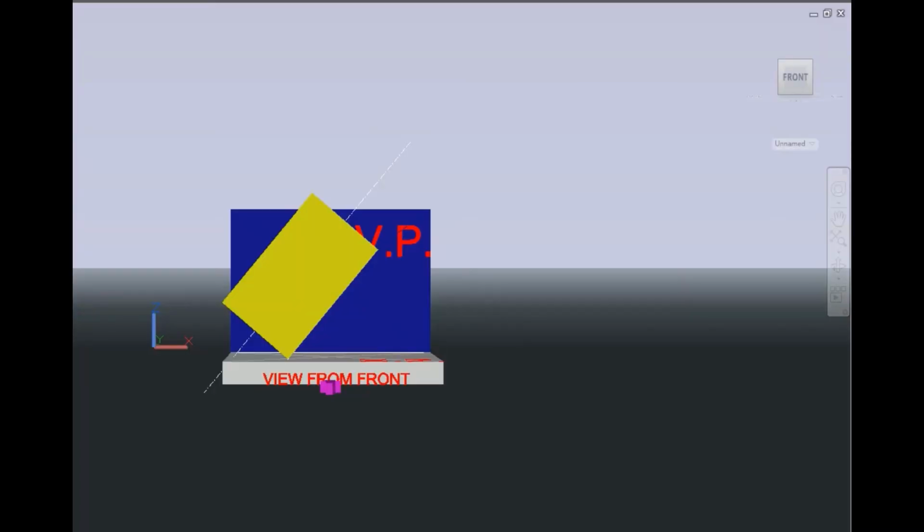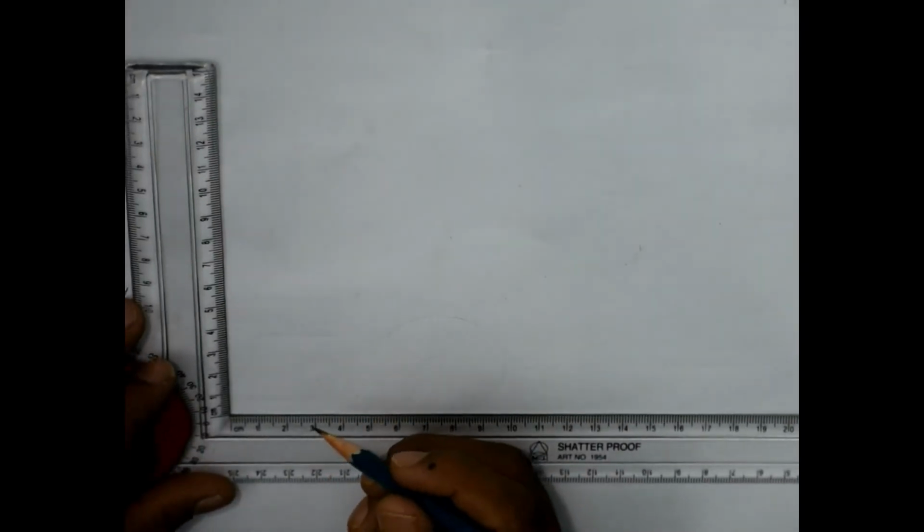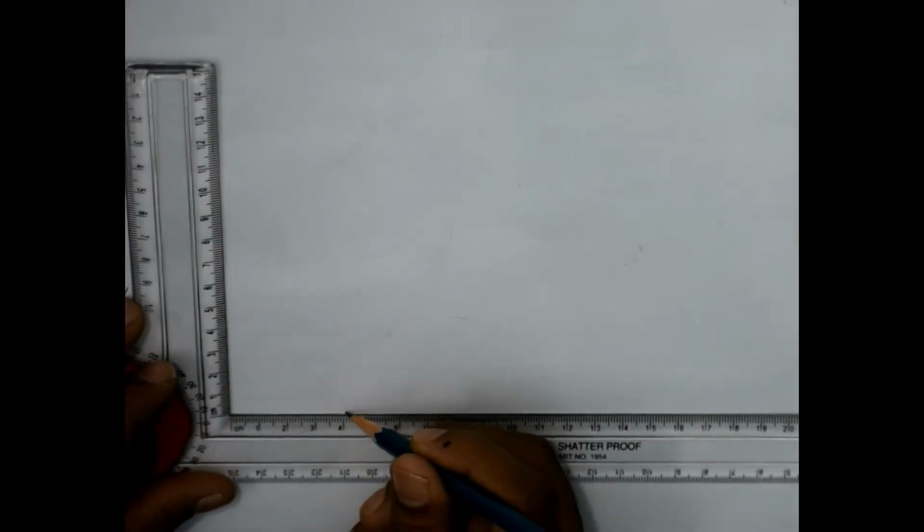And for drawing this, we will first assume that the square prism is resting on the HP itself. As I have mentioned, first we have to assume the square prism to be standing on the horizontal plane. So I will draw the first front view and top view, assuming that it is standing on the horizontal plane.